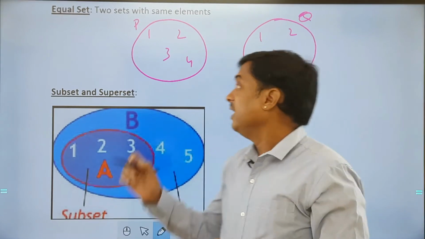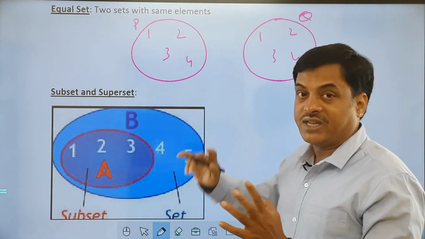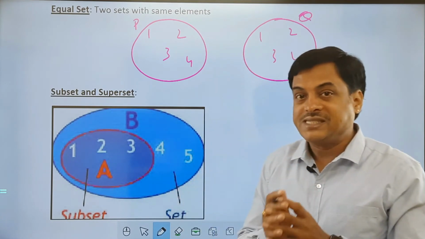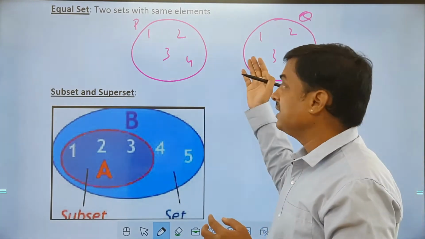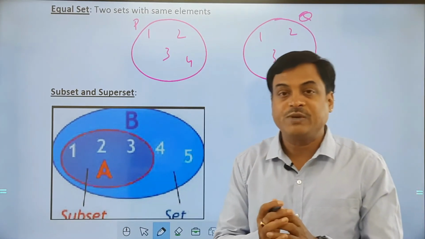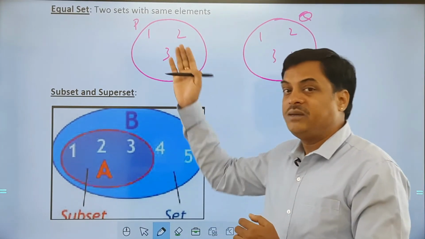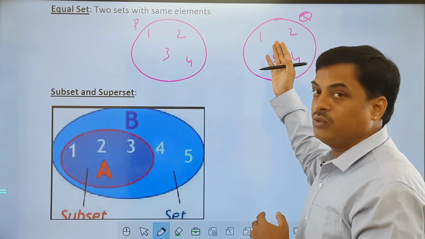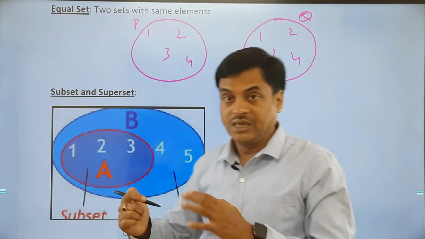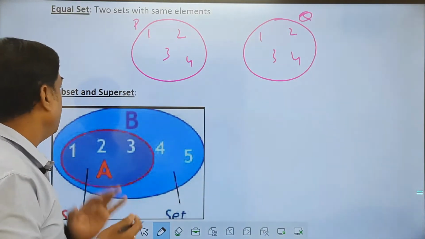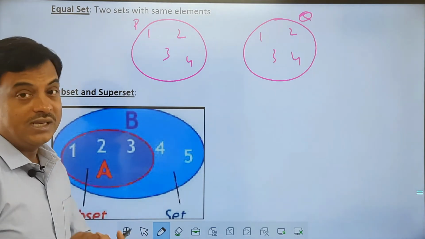Remember, we cannot have A, B, C, D here and still say the two sets are equal. If you find the same elements in two sets, the two sets are said to be equal. All the elements in P must be in Q, and all the elements of Q must be in P. So the elements must be the same and the number of elements must be the same. Then we can call them equal sets.